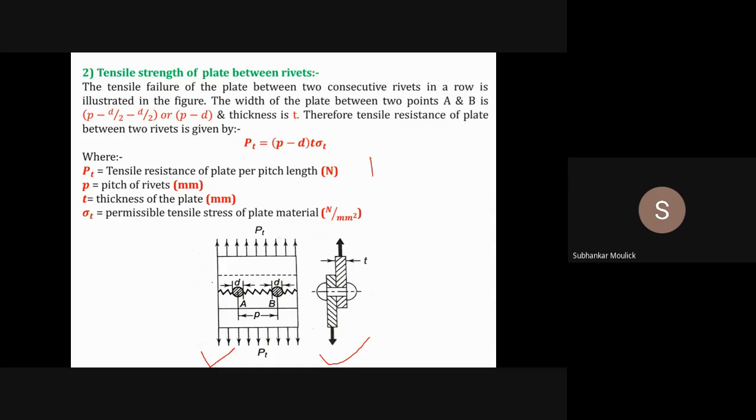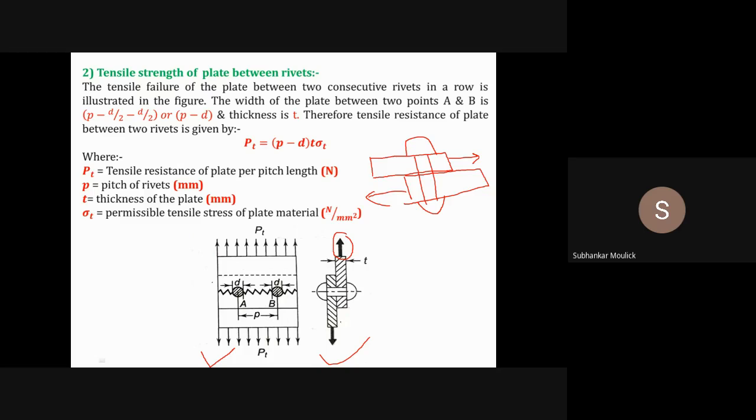In the earlier case, we kept both the two plates like this, then we made a rivet like this, and then we applied load in this way. Fine. But this time, we are keeping this particular riveted joint in a vertical position. Assume that t is the thickness of the plate, and the thickness will be the same whether you consider plate A or plate B. So due to application of tensile load,